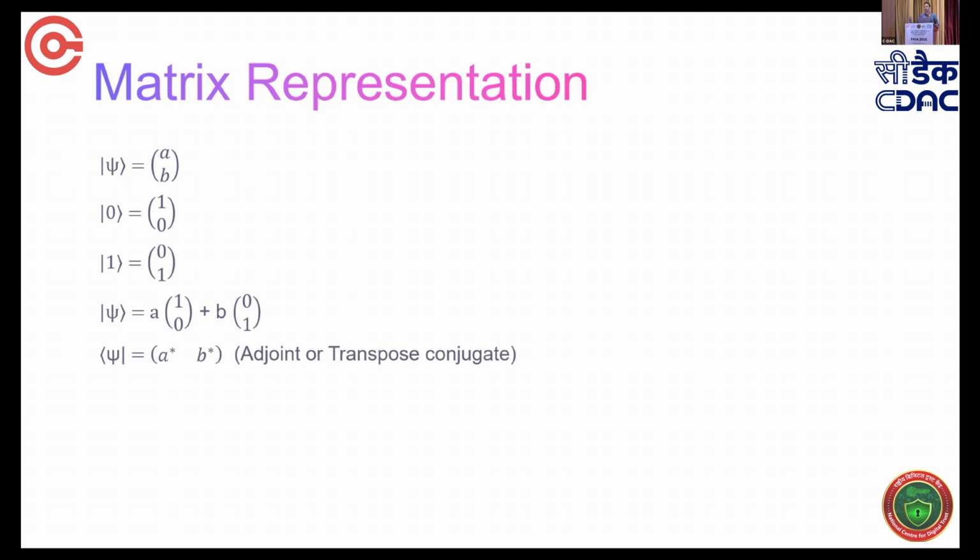One operation on this qubit is called the adjoint operation. The adjoint operation is basically a transpose and then taking the complex conjugate. If you see, the column vector was A, B. When I transposed it, it became a row vector. Then when I applied the conjugate, it became A asterisk, B asterisk. But if A and B are real, then their conjugate will also be the same.